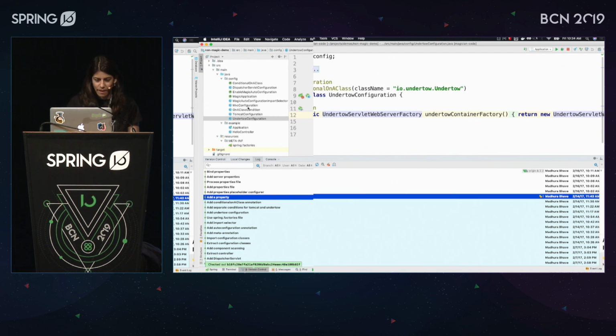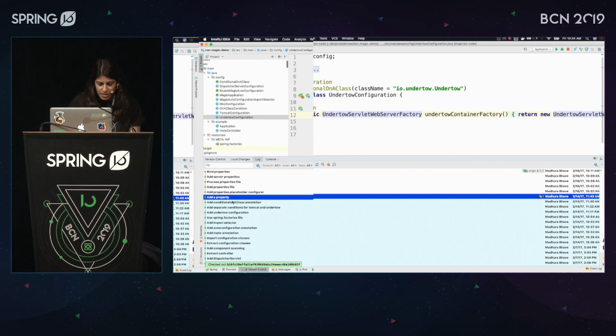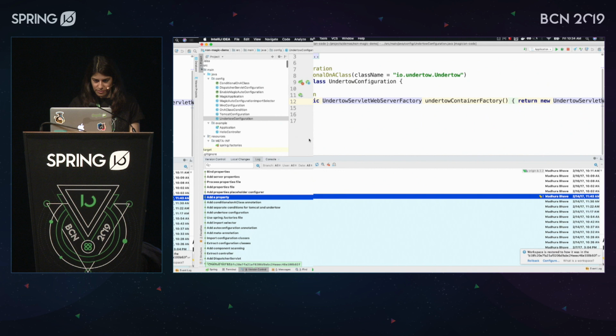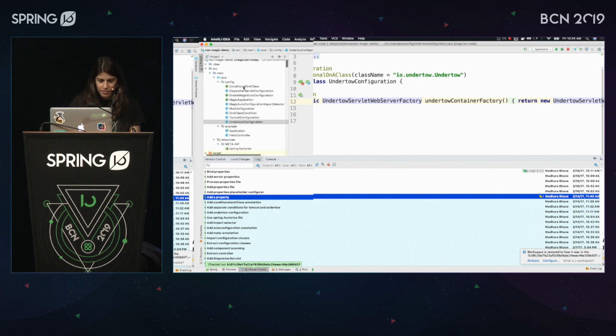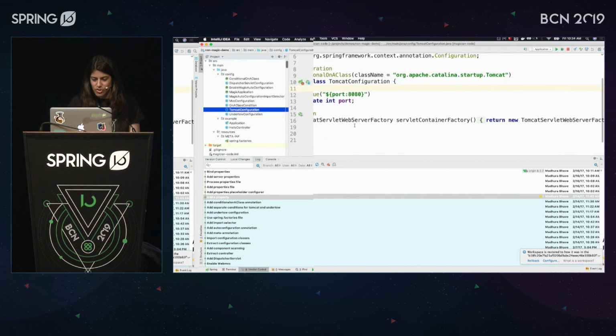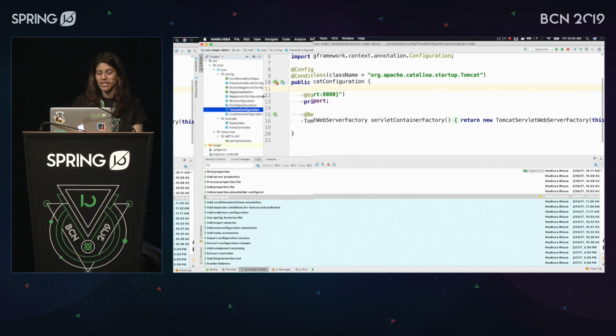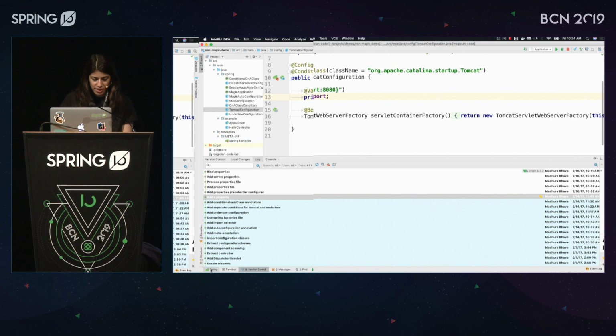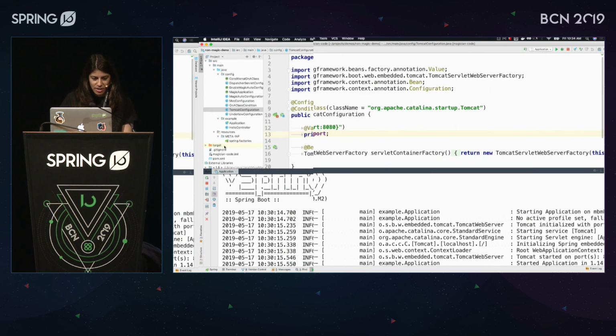let's say we have this Tomcat configuration. So for starters, before adding any of what the configuration properties does, what I've done is just use the value annotation from Spring Framework, and it'll look for a property called port. So if you want to configure your port to something other than 8080, you can use that. And that'll work. So if I run the application,